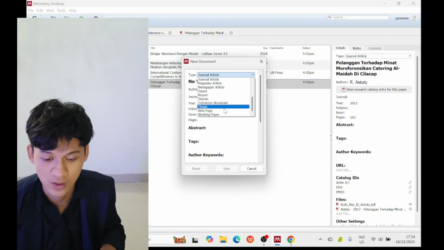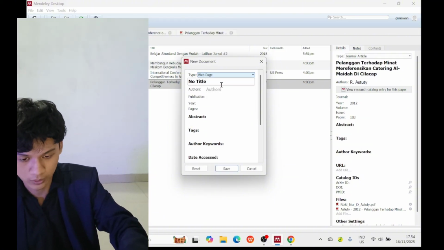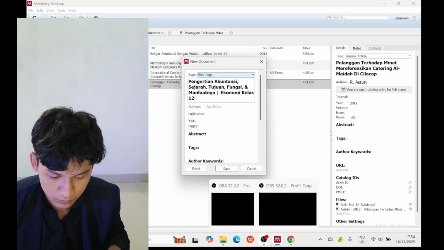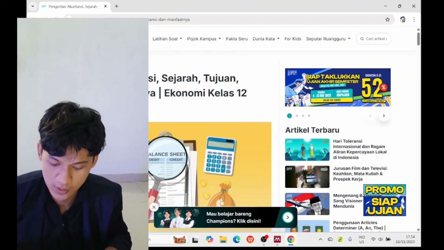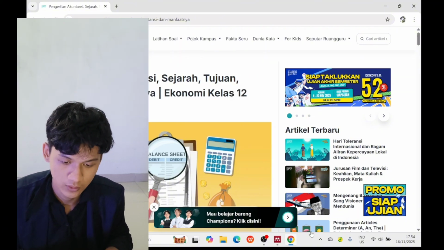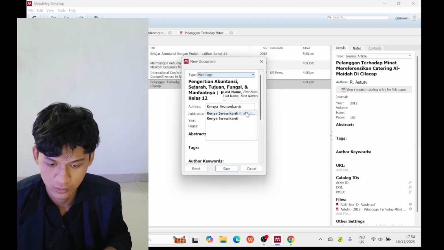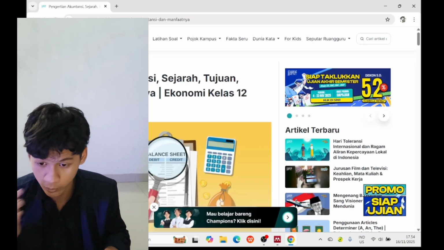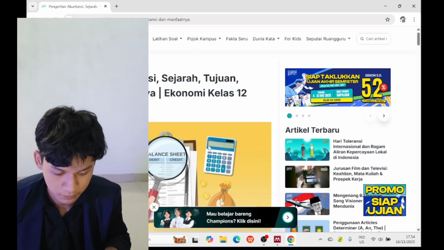Don't forget to change the type to web page. The title we will use this. The author we will use this. The publication, because we search this from Ruang Guru, so we must use ruangguru.com.